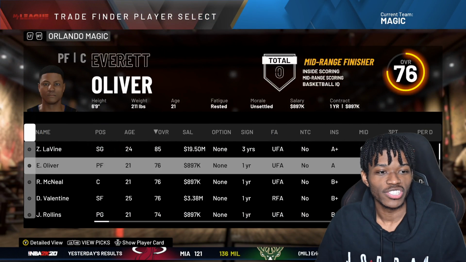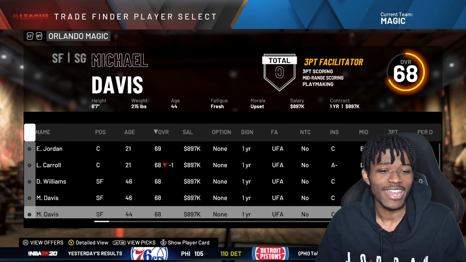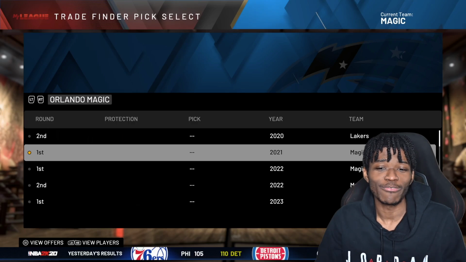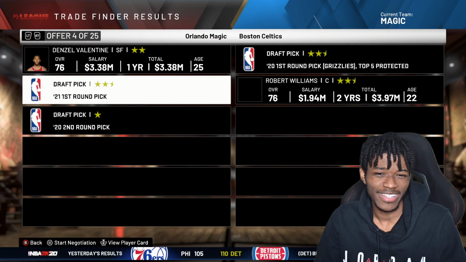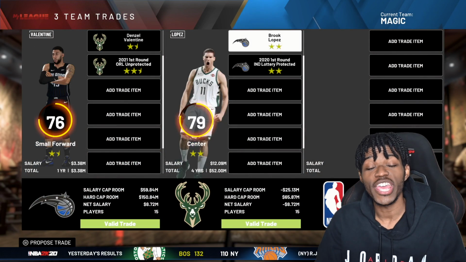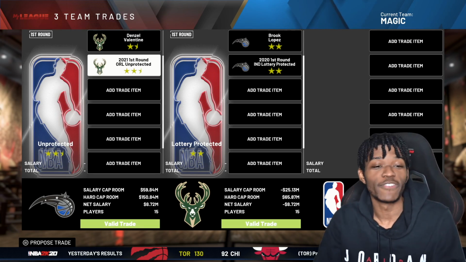Let's try to upgrade our center position somehow. Denzel Valentine, you gotta go, bro. I'm just not a fan of Denzel Valentine. Not in real life, not in this game. He's just kind of there a lot of the times. I'm gonna trade for Brook Lopez. We're exchanging first-round picks. Now, this first-round pick is less valuable than ours, but it's still a first-round pick in